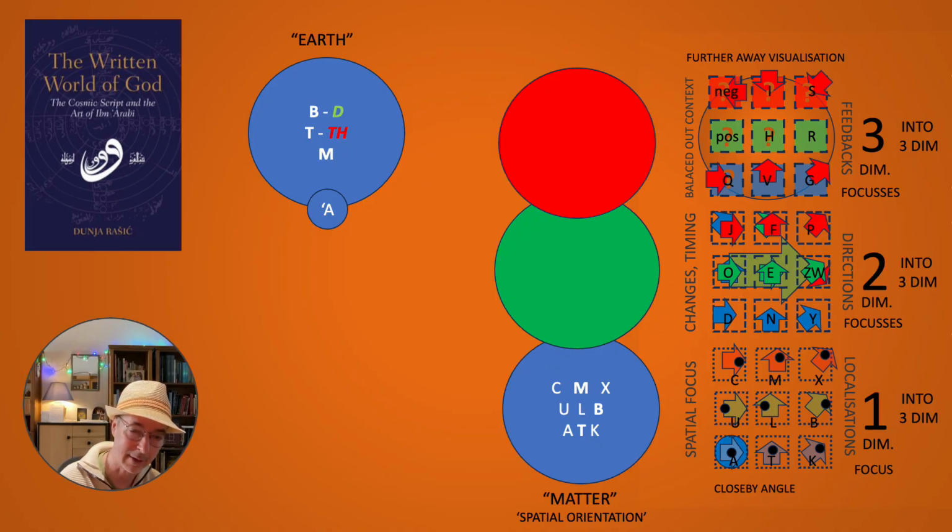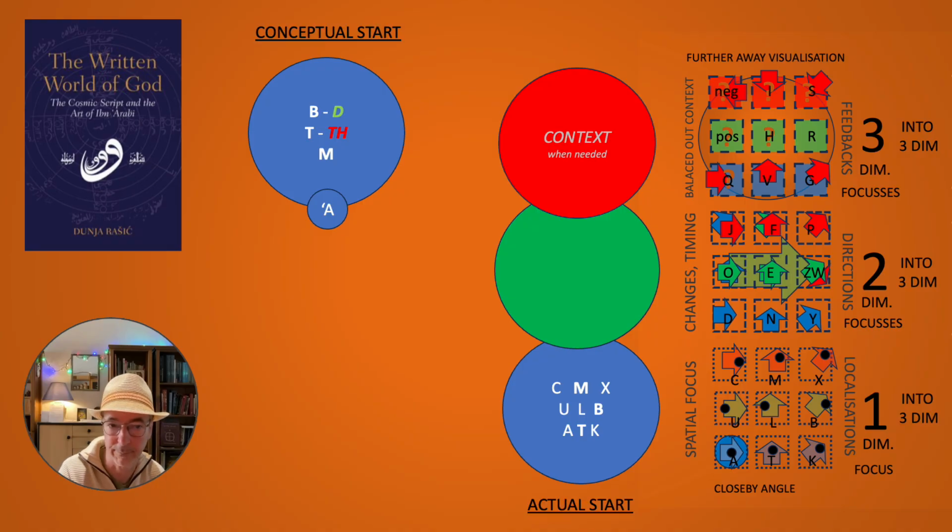So you have the M as the first sound, followed by the T and TH, B and D. It is compatible in that way with the M, with the T and with the B. They're also from the same category. And what is actually used in the system of Ibn'Arabi, order of letters of the Arabic script, is that it